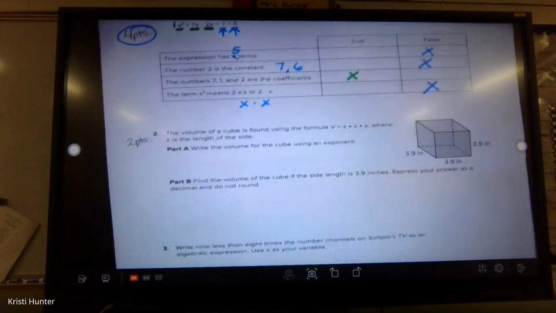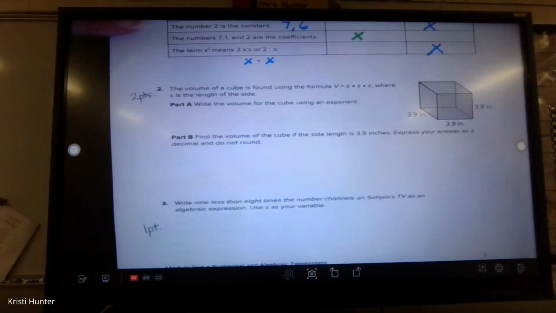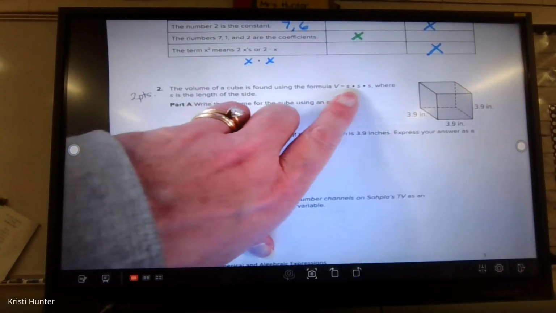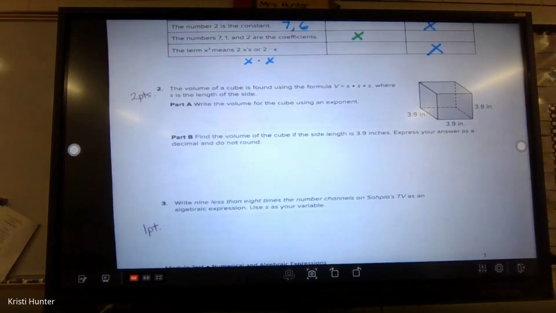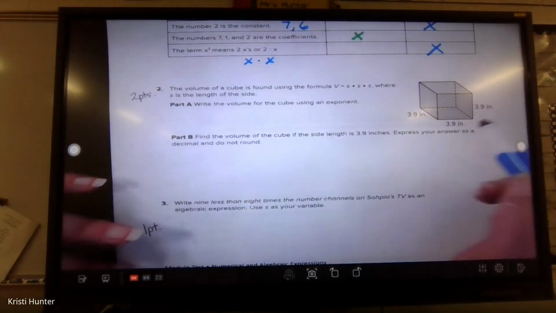Number 2, the volume of the cube is found using this formula. Volume equals S times S times S, where S is the length of the side. Write the volume of the cube using an exponent. So I can see that we have